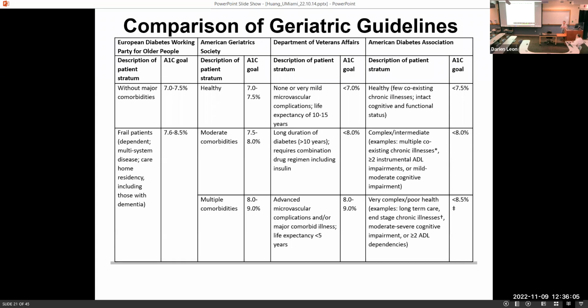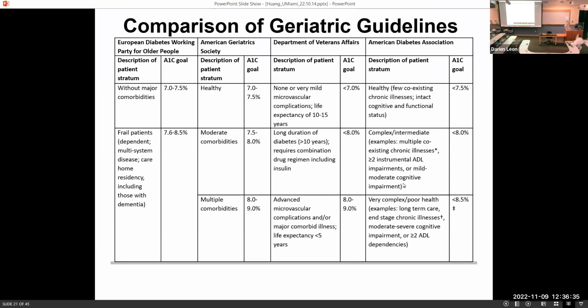They basically maintained this kind of 3 strata system. Remember, I highlighted that we found if you classify patients by comorbidities, there are basically 3 classes. And multiple organizations such as the VA, the American Geriatric Society, and European Diabetes Group have all adopted a 2-tier or 3-tier system. There's no active collusion across these groups, and they kind of independently arrived at these recommendations based on the evidence that we saw.